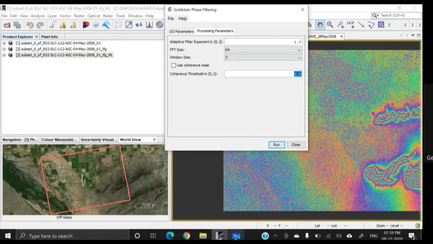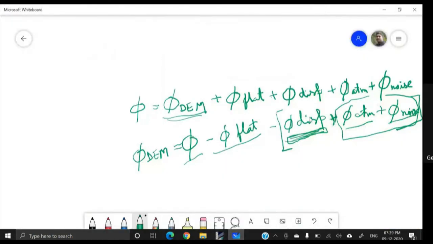Now you may ask, if we go for masking, then what will happen if some of the information is dropped? Say for example this is the area, and in some area we have very low coherence and all these pixels have been dropped. However, there will be no problem because we will have information for the surrounding pixels, and these pixels can be interpolated to generate the information of this area.